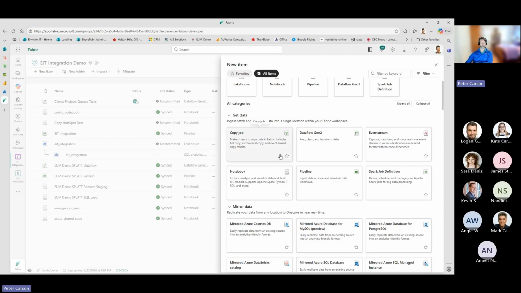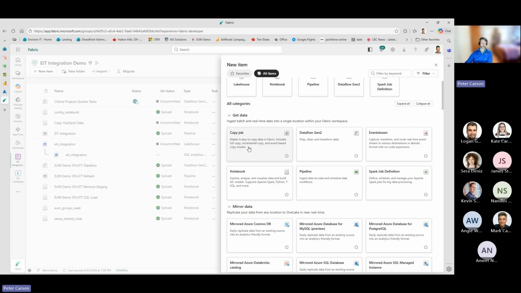I mean, we can use copy jobs, event streams, Spark jobs to go get data. When I first started building stuff in Fabric, probably 6-8 months ago, I did a lot of copy jobs and logic apps as my integration path. It worked. The logic app started to get pretty complicated. I'm actually going to show you what we're doing in QuickBooks as part of that. But more importantly, I found it very difficult to move between environments. There was so much configuration baked into those copy job steps that as you moved, say, from a dev to a test to a prod environment, it was tough to manage that move.